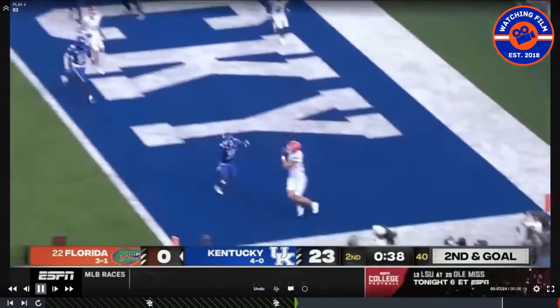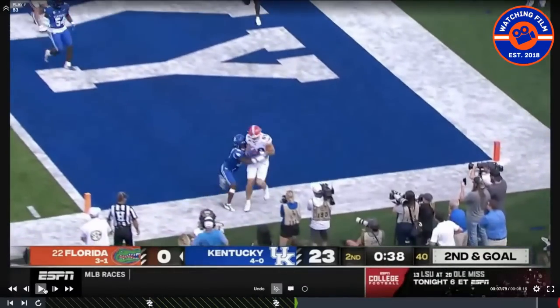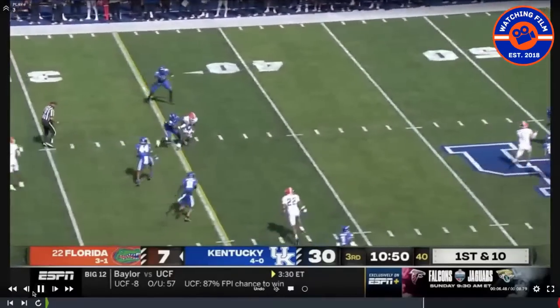Corner gets lost. Good throw. Way to get out of your hands quick there by Mertz. Put it on him. Good job getting both feet in for your first touchdown there. Pretty good stuff. All right, second half, Florida's defense. There's the same issues as the first. We don't need to watch it again, really. So,